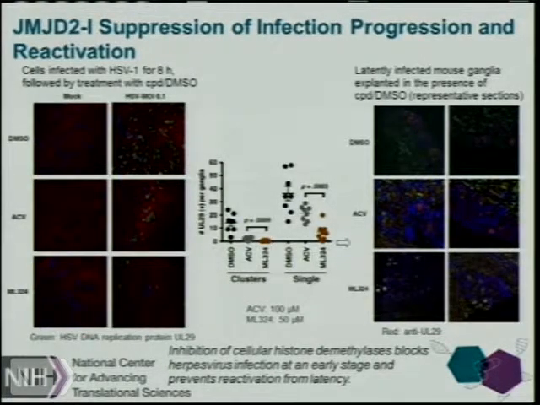So again, this is in concert with the whole notion that we're acting upstream, preventing the reactivation, whereas acyclovir basically acts on the replication portion of the viral life cycle. So we don't have the illusion that this molecule will become a drug. It has certain chemical liabilities and other features that may not make it very desirable for further clinical development, but